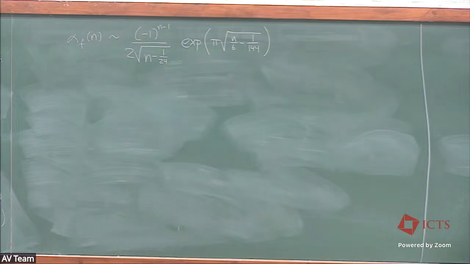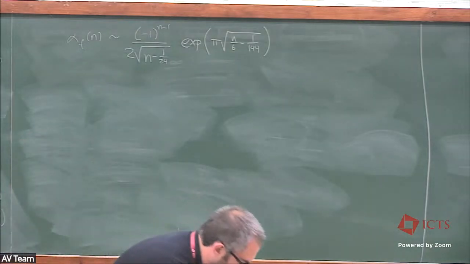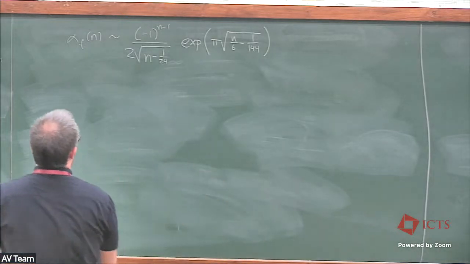But remember, what did we need for the circle method? We needed the transformation law for the Dedekind function. So maybe that's something that we need here for f of q, and that's going to come up in a minute. But we also needed information about the Dedekind function at its singularities, at the exponential singularities. And this sort of leads into Ramanujan's definition